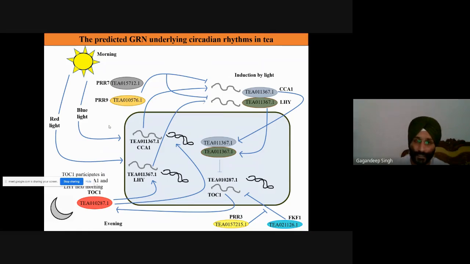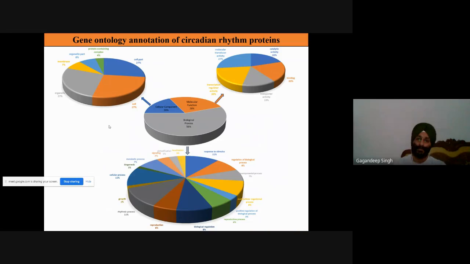Meaning which gene is expressing during morning and evening and other conditions, and which gene is overexpressing and which is not expressing, and I have generated this; the paper is also under review. And this is basically the categorization of particular cell parts, membranes, organelles, response to stimulus, or catalytic activities. Whatever we want, we can easily select which gene is responsible for which function. We can easily select by gene ontology annotation.